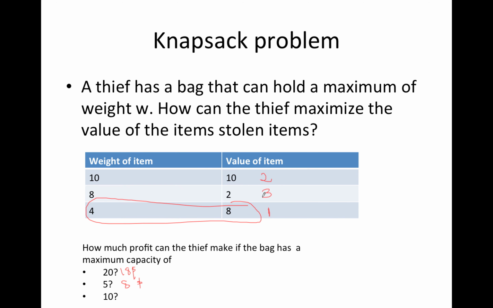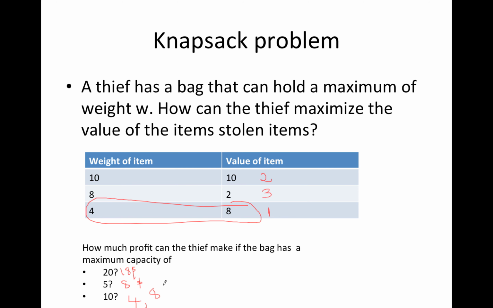Because he could steal up to 10 lbs, if he were to go with the first one, he would have picked the first one, which is 4 lbs, and he will just have 6 more lbs left. In which case, neither of these two, the first two items, are less than 6 lbs, so his maximum gain